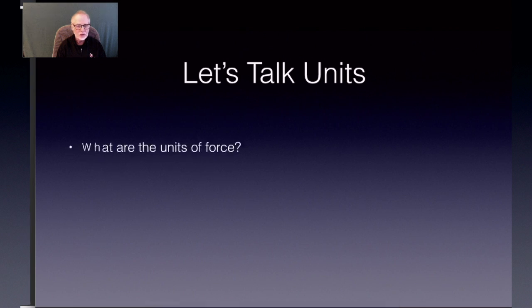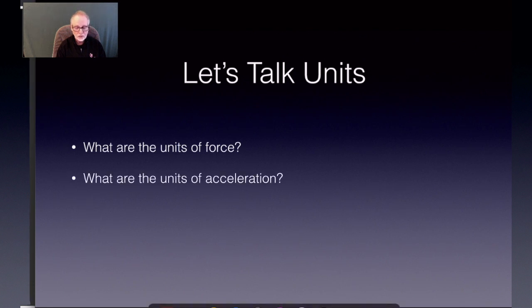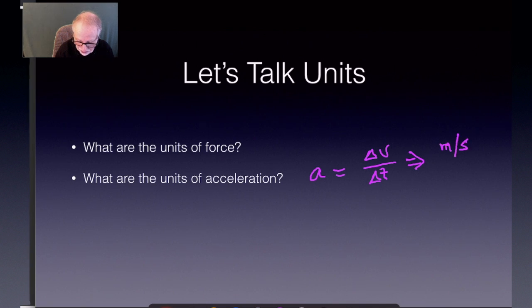All right, so what about units? What are the units of force? Because we talked about units in previous videos, and we know what units of mass, velocity, and acceleration would be. Let's just talk about acceleration to refresh our memories, and certainly we dealt with this in previous videos, including calculations. Acceleration represents a change in velocity over time. Velocity has units in our metric system, the SI units, sometimes called the MKS units, of meters per second, and time has units of seconds. So when we put them together, acceleration is going to be meters per